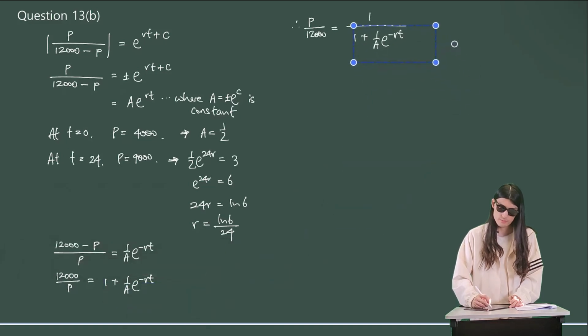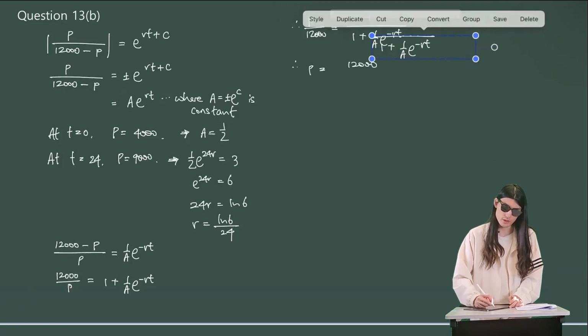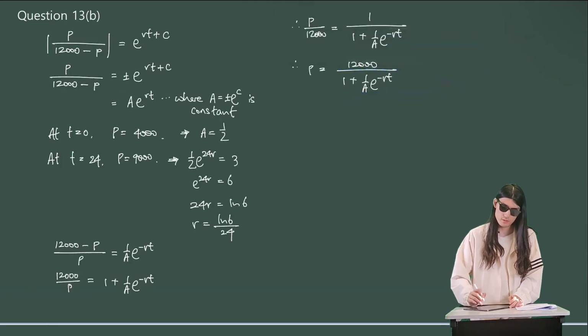There we go. So therefore, your population, and in the year 2024, at t equals 34,